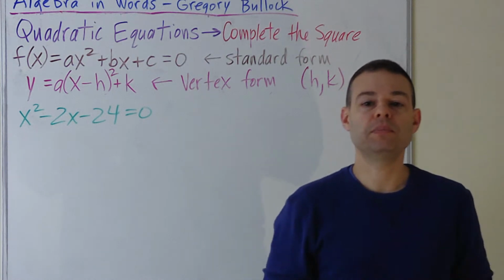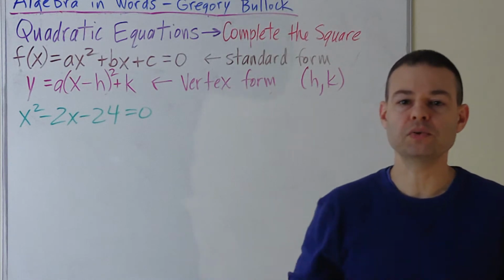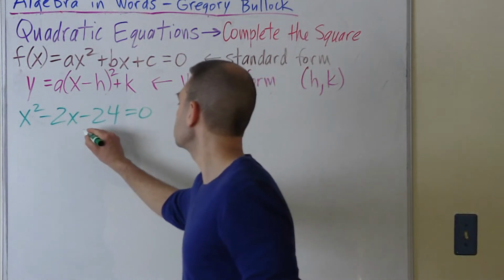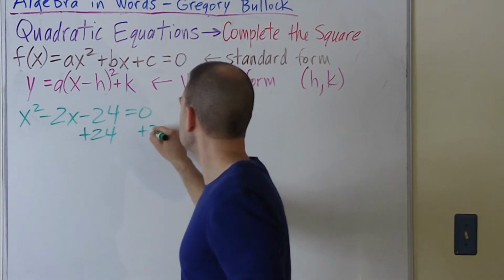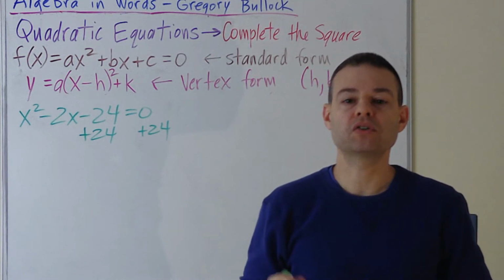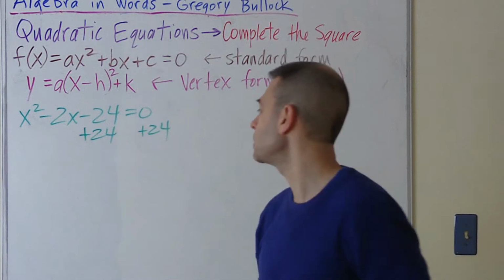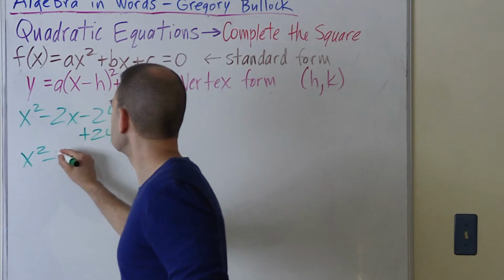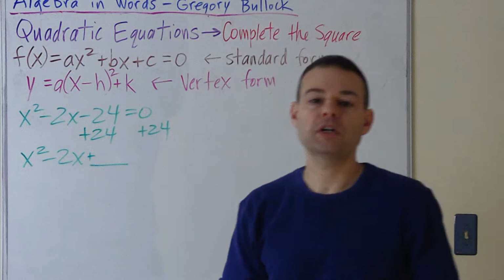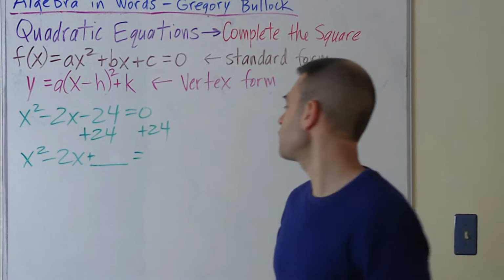And the next step is going to be move c to the other side, and let's call that the old c, because we're going to make a new c later. So since it's negative 24, we're going to add 24 to both sides. Okay, and now let's just rewrite it, and you're going to notice that I'm going to draw a space on the left and the right, and that's going to be so that we can fill that in the next step. Okay, space. And you could put a plus there because this will always be plus, equal to 24, that's from before,